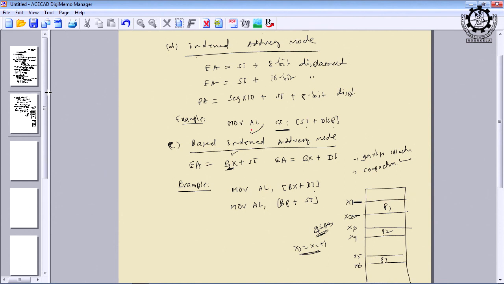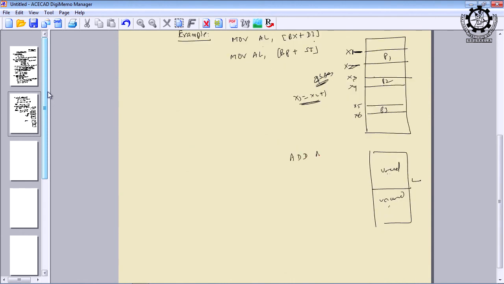Because there are 2 components, one is the base component, another is the index component. I will give another example. Suppose you are writing an instruction ADD AL, BX. Assume that in the assembly language code, I have written a label in the place of BX, an array of 100. What is the meaning of array 100?